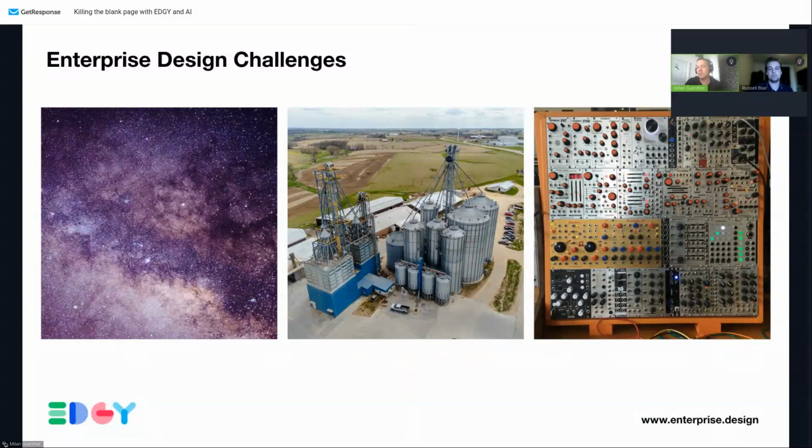And we have to deal with domain complexity. So this is just one example of a complex domain that I found, which is modular synth. It's the second time I saw so many buttons after working with Boeing on flight decks. So pilots and synth musicians have a lot of buttons to deal with. And as a designer dealing with this environment, we have to kind of understand this domain complexity to a certain degree and deal with it. And this is also something where AI can help us because it has read a lot of things that we haven't. So yeah, we think AI and in combination with EDGY is really well suited to deal with enterprise design